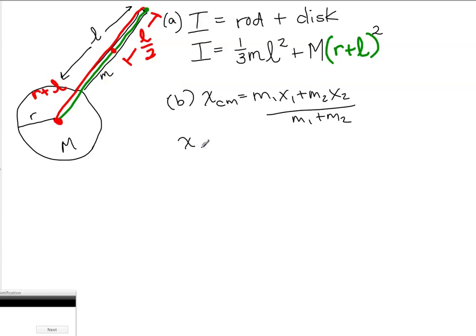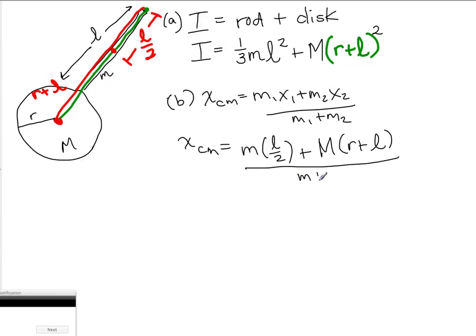So the center of mass is going to be equal to the first one, which is little m, times its distance, L/2, plus the second one, which I call big M, times its distance, r plus L, divided by the total mass, m plus M. And I'm going to call that letter D,